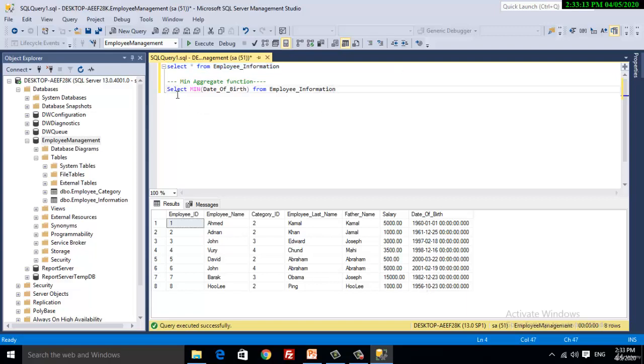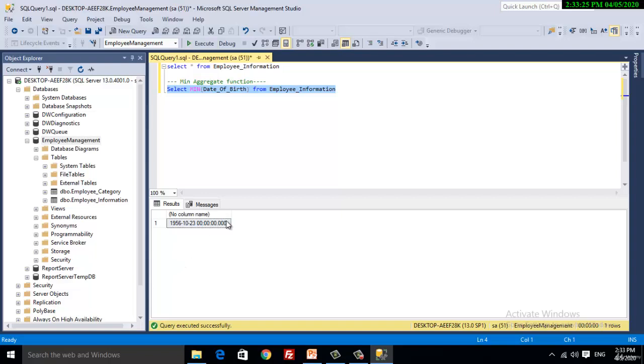Okay, now let's execute the query where we have placed the aggregate function minimum. It returned the minimum value, 23rd October 1956. Got it? I'm just going to comment out this query.